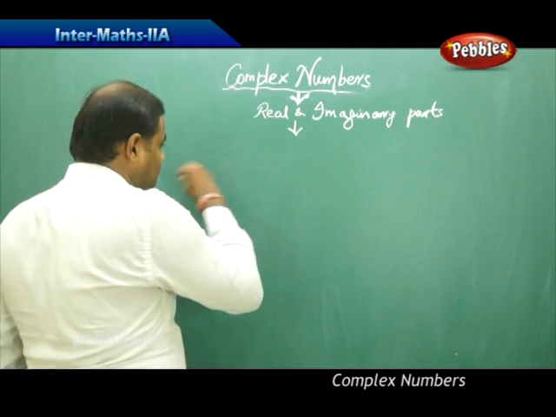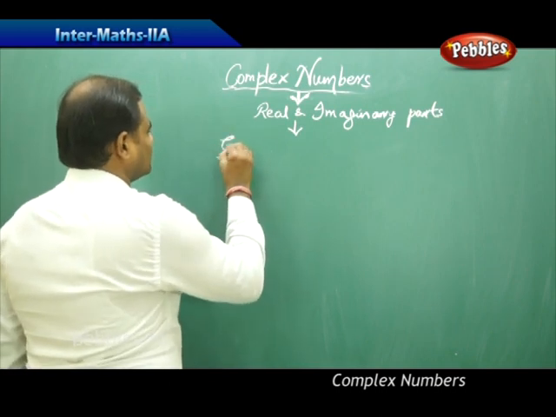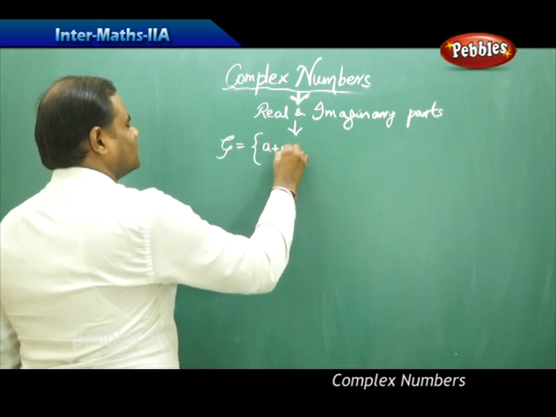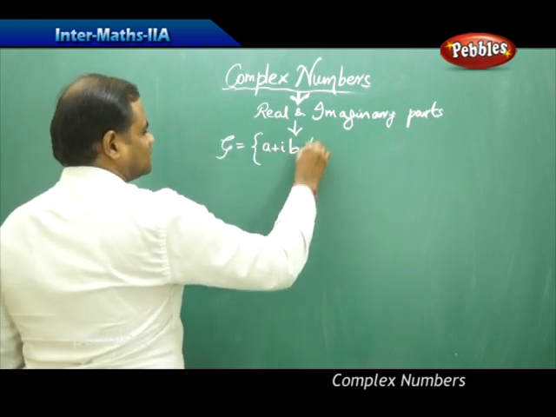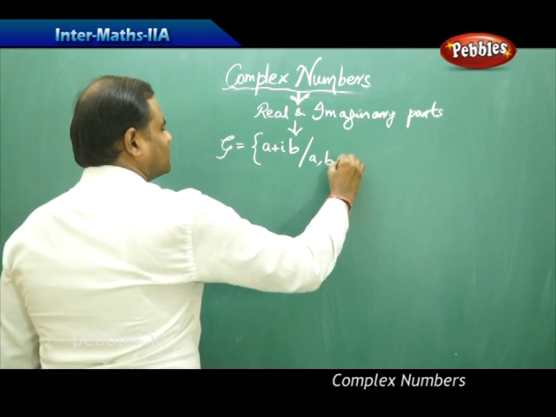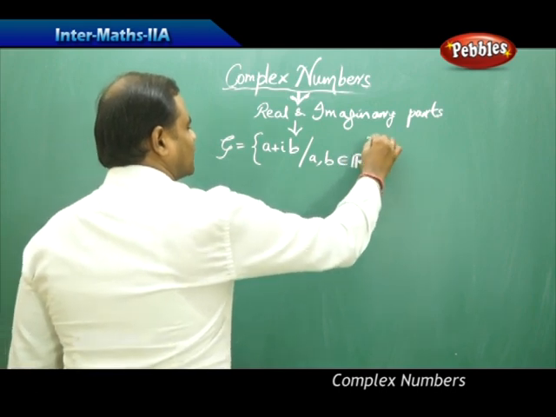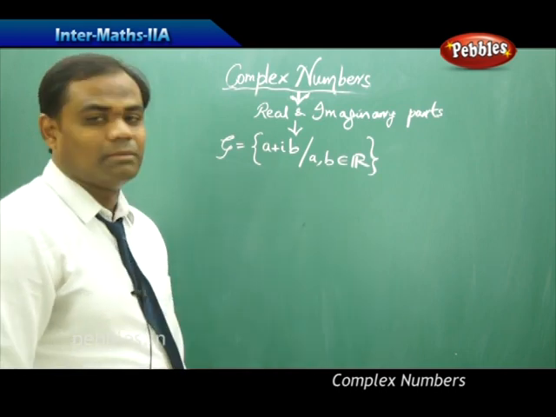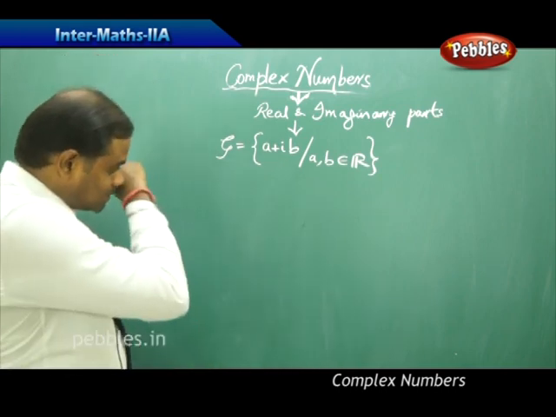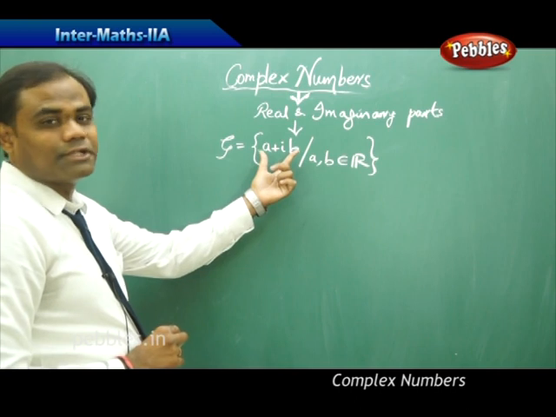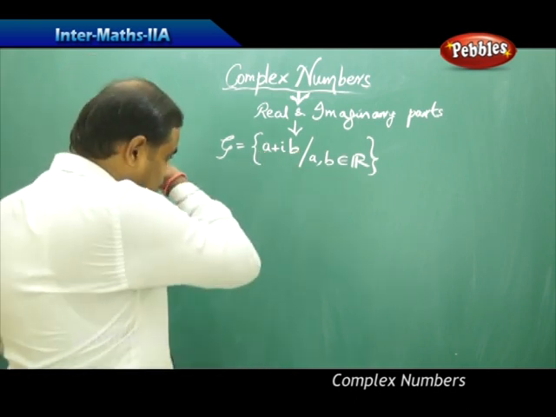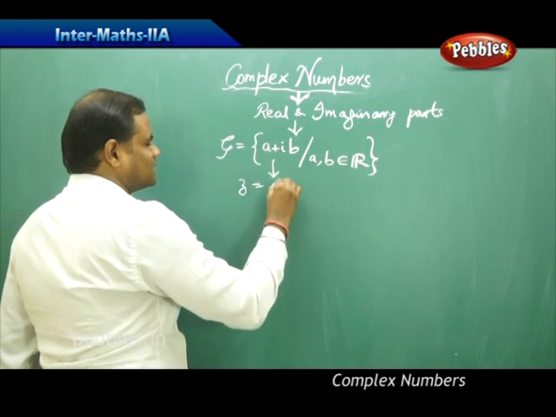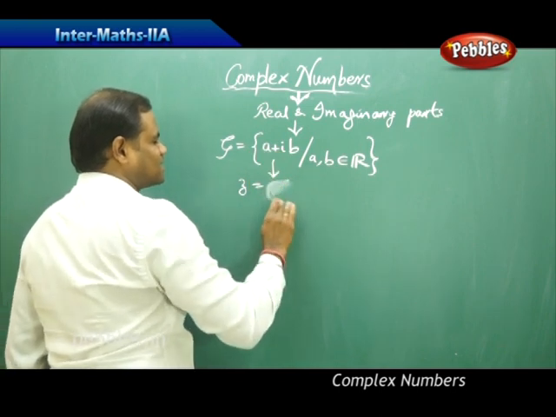So if I take the set of complex numbers, I have this in the form a plus ib such that a and b belong to R, or also written in the form (a, b) where a and b belong to R. So in this case, this is the representation for complex numbers. I see that as I take one of the complex numbers z as say x plus iy,